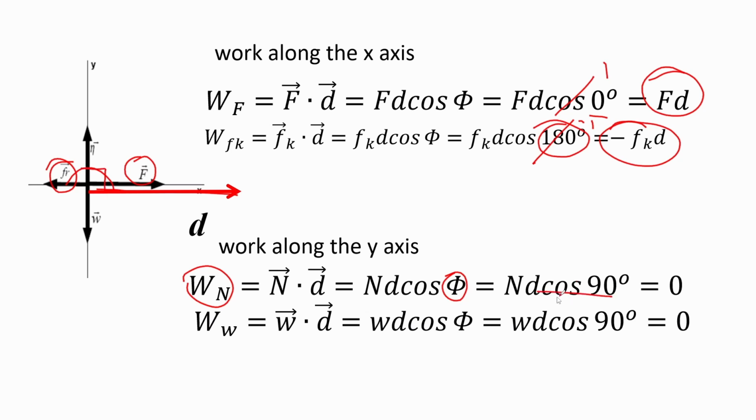So cosine of 90 gives you 0. So hence, work done by the normal force is 0. The other one is work done by the weight. Again, the relationship between the weight and the